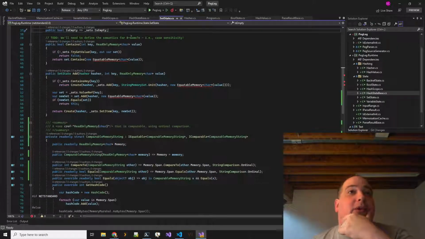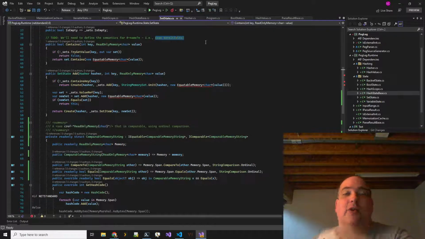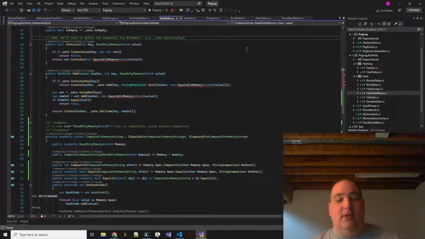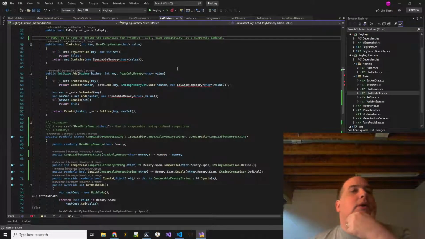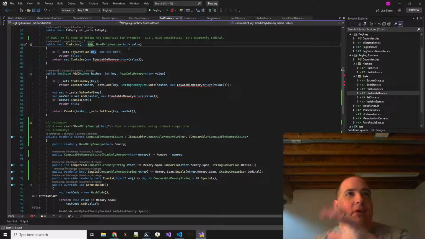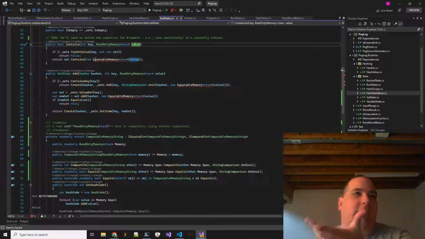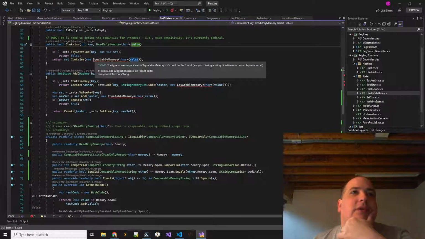Yes, so I made a note here. Does this exist? We have to decide, is this case sensitive? And right now I just said everything's ordinal. All right, so then the question of, does this name contain a value, or does a set represented by this name contain this value? So first we try to get the sets. If it's not in there, then it's empty, so we return false. And then we return whether the set contains this